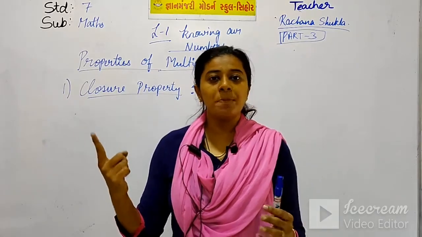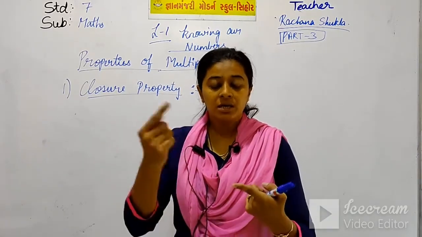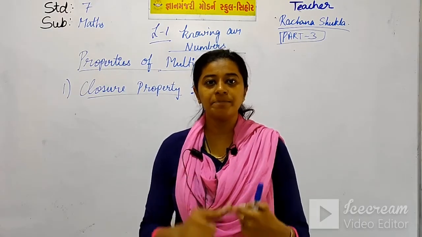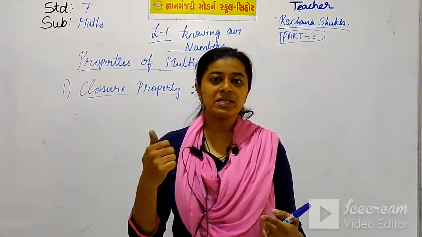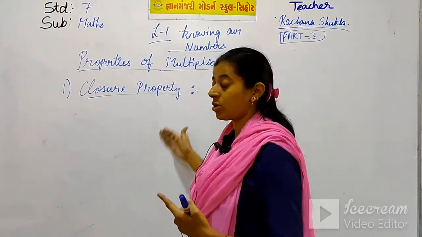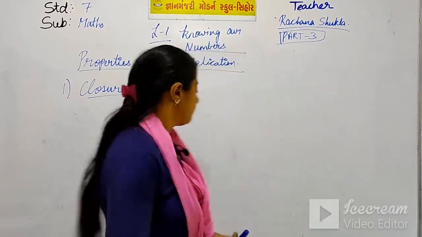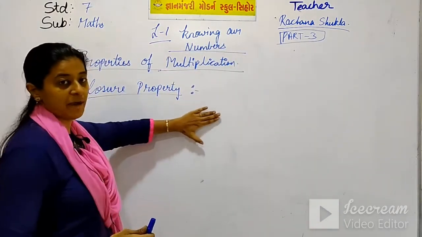In the previous two parts, I have given you a definition of integers, some of the examples, and properties of addition, subtraction, and the properties of multiplication. All this you will write in your fair book. Now, write this in your fair book.